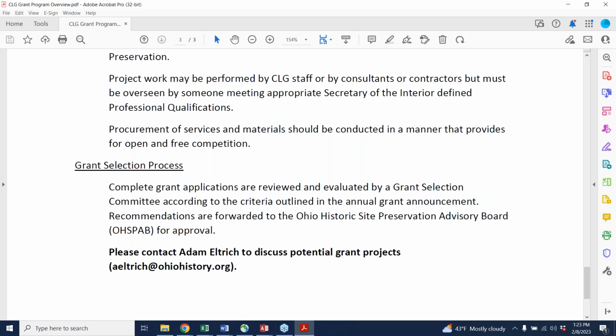Now I'm just going to go through some of the projects that were awarded in 2022's grant cycle, and briefly touch base on those. These are just some examples of projects that have been awarded most recently. So the first project